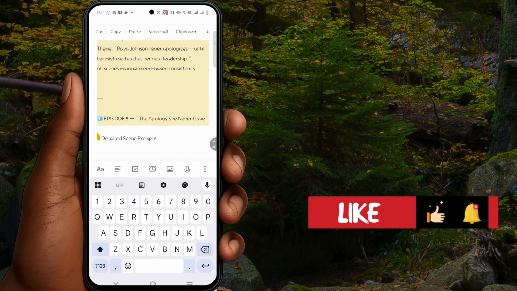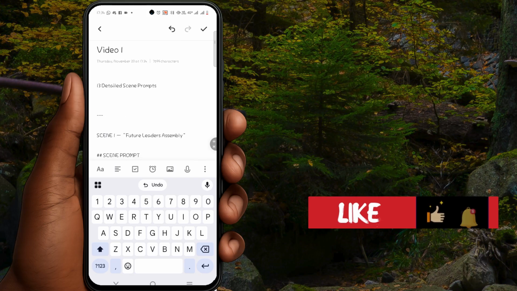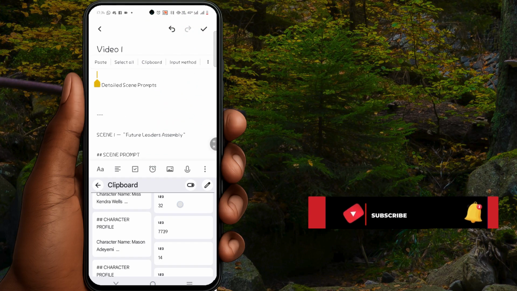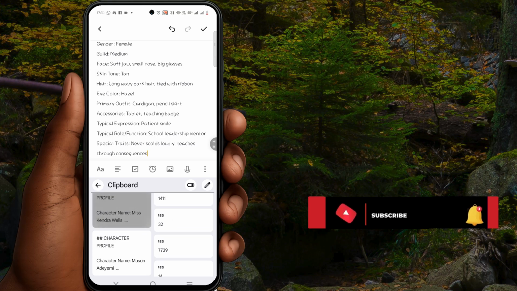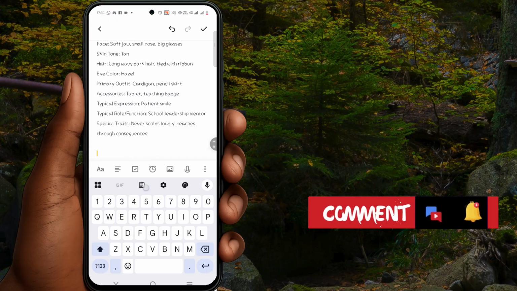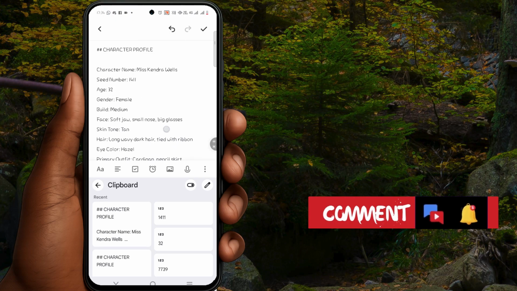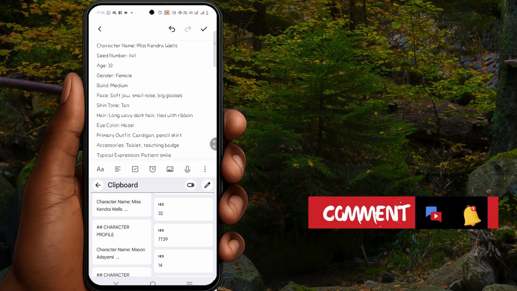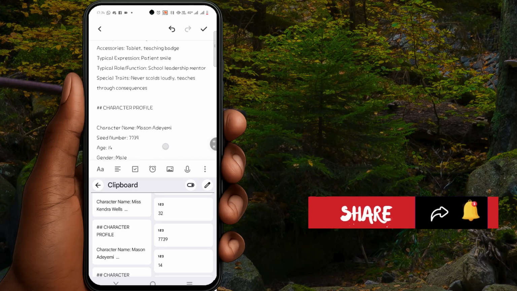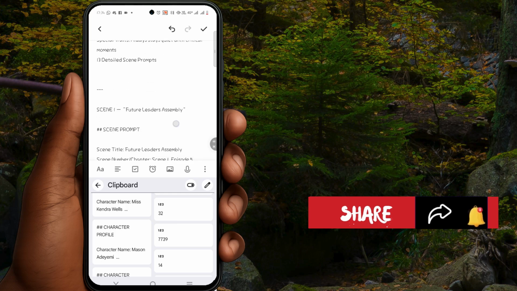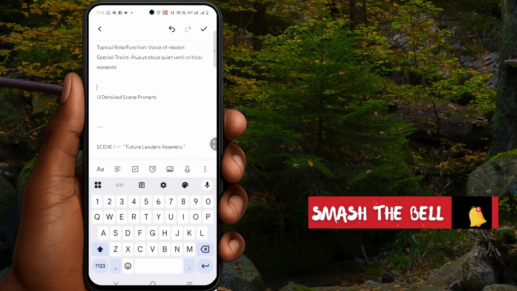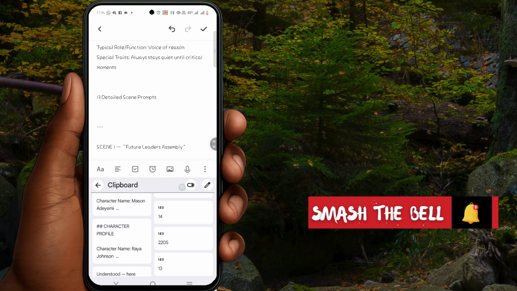Okay. So something else that I want to do is I wanted to have all the characters here. So the first person here is Miss Kendra Wells. Next person is Mason Adeyemi. And then the next person is Raya Johnson.